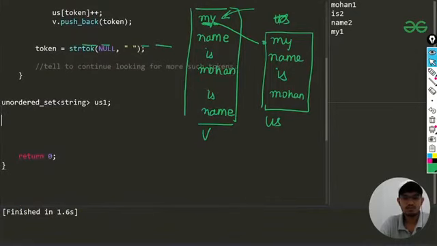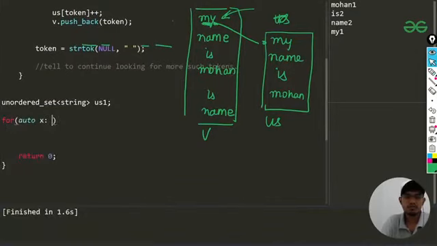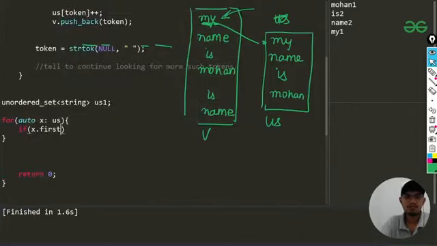So yeah, us1. Now I'll be just iterating in my us, and that is another map basically. Okay, but no issues. Now let us see. First I'll be checking if my x dot second, basically, because we'll be checking for the frequencies, if my second is